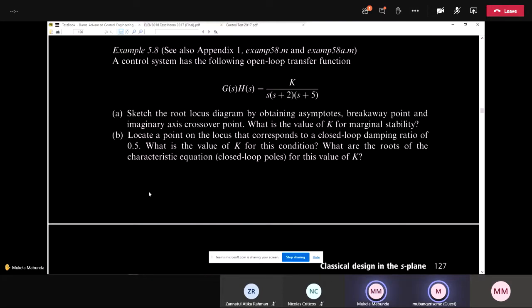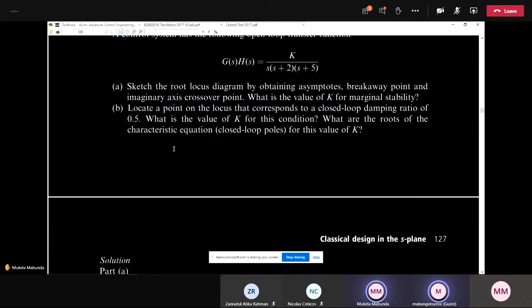So there's this question here, right? It's an example actually. They're saying we're supposed to sketch the root locus, which the first part I do understand how to sketch, and how to determine the value for marginally stable. But then they say locate a point on the locus that corresponds to the closed loop damping ratio of 0.5, and then what is the value. So the problem is actually locating this point which they're talking about,